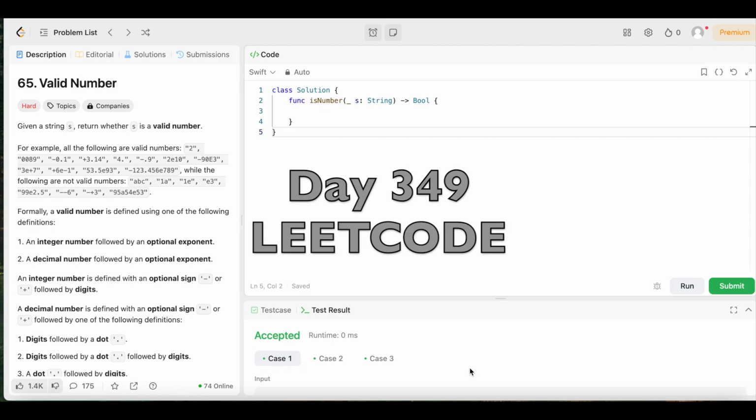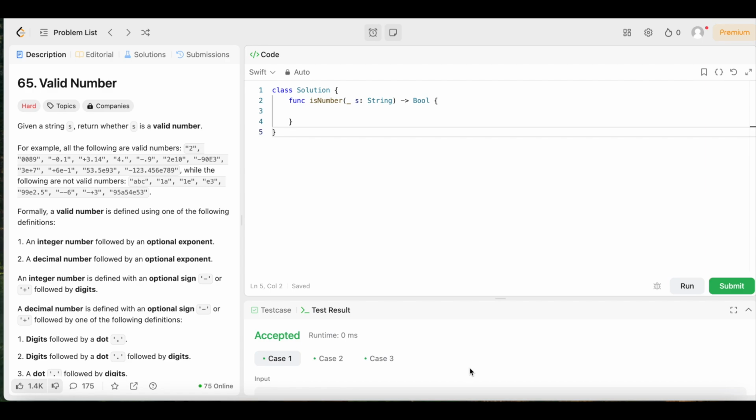Day 349 of doing a LeetCode problem every day until I get a job. All right, y'all, we're back again. Another day, another LeetCode problem where we're doing daily LeetCode problems. And today we have question number 65, valid number. The difficulty level is hard, but don't worry because we're going to keep the solution as simple and easy to